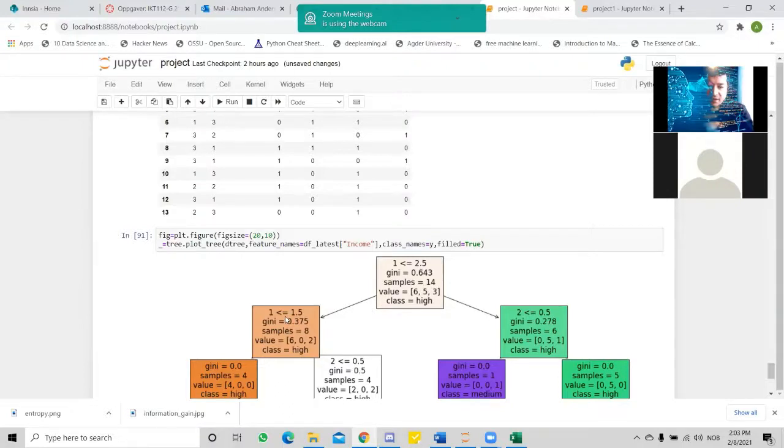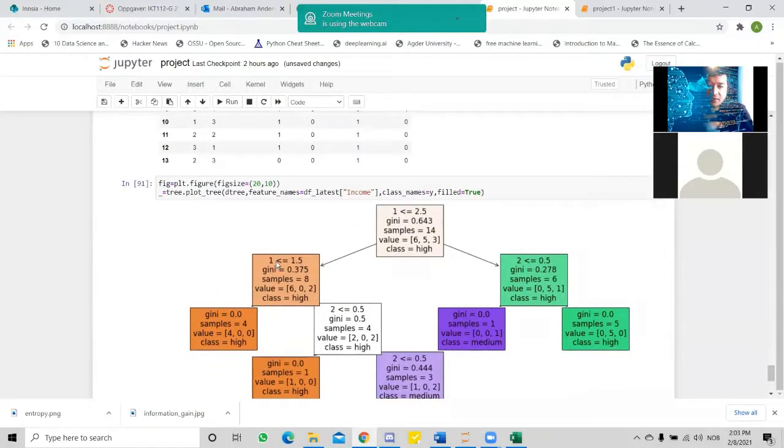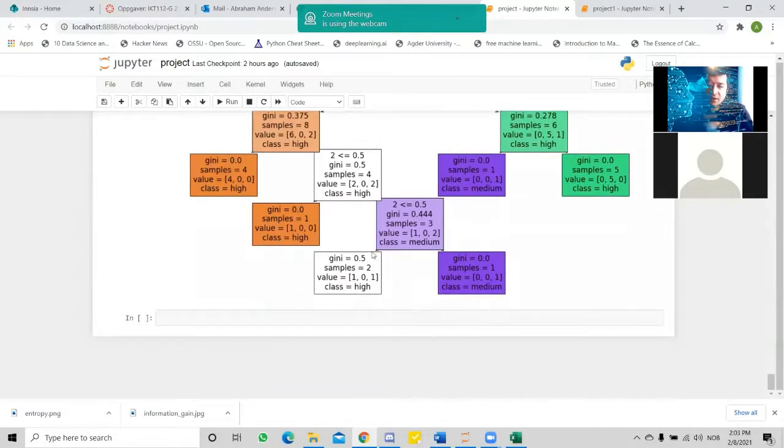It asks a question again. If this income is less than 0, it goes this direction and asks again. If it is less than 2.5, it goes this direction and assigns a class. Class means our target as high. This means that this person has the highest risk. Okay, this is the visualization of the